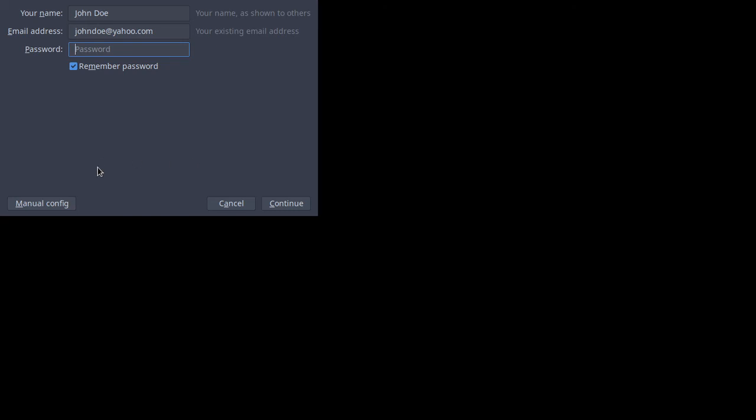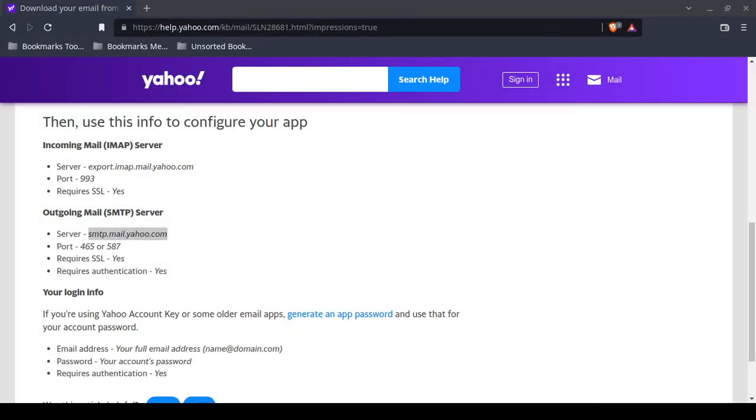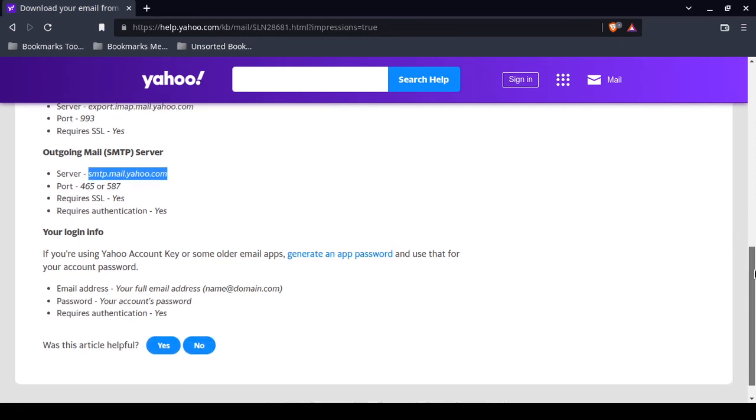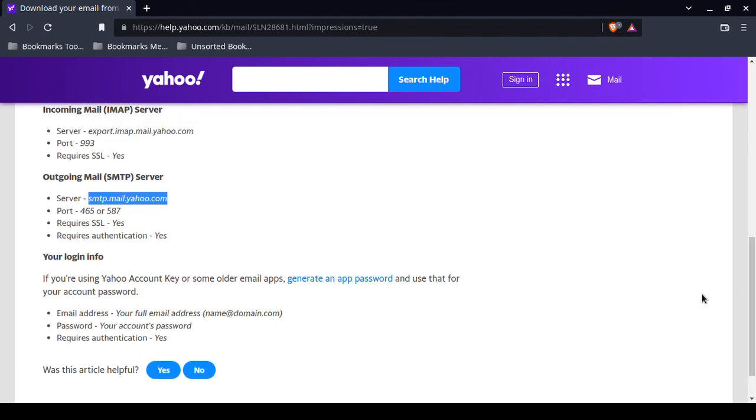Alright, now let's move along. This video is already lengthy. Let's finish this up. This last part I cannot demonstrate. It says your login information. Now, if you're using a Yahoo account key, or some older email applications will then generate an application password, you will want to use that for your account password. Otherwise,